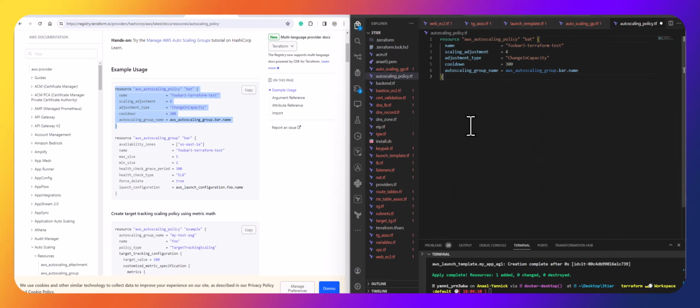I'm going to paste it right here, and I'm going to call this one, let's call it same name, my underscore app underscore eg1. I like to call all the resources coming from the same block, I have to give them the same name, and the name is going to be my. So now we're going to start adding auto scaling policy, as you guys can see. And next,